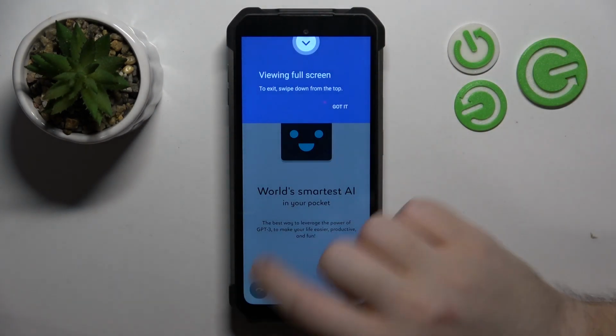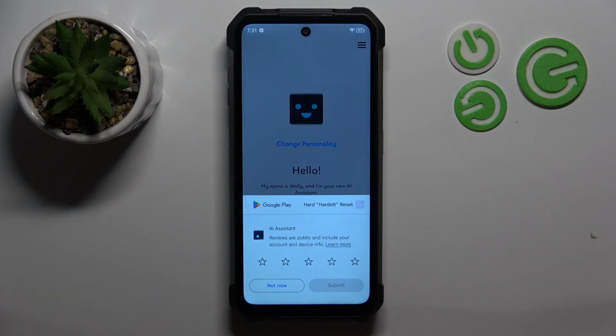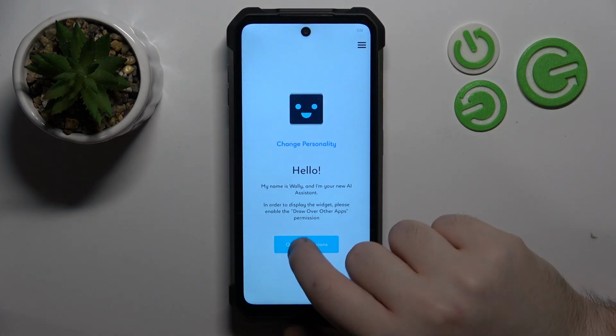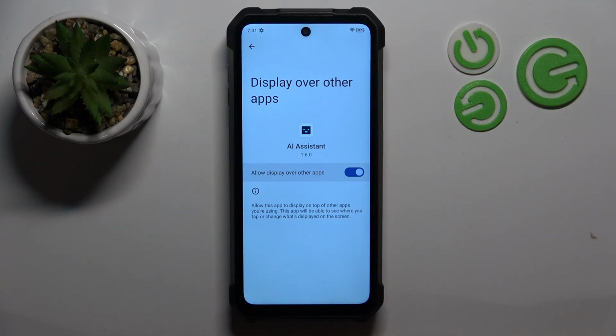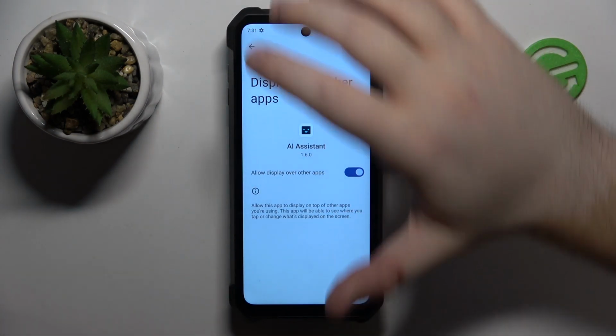Now you can click open. And then click got it and click this button to skip introduction, then click not now and click open permissions. Now click on AI assistant and click here to allow this app to display over other apps, then click back